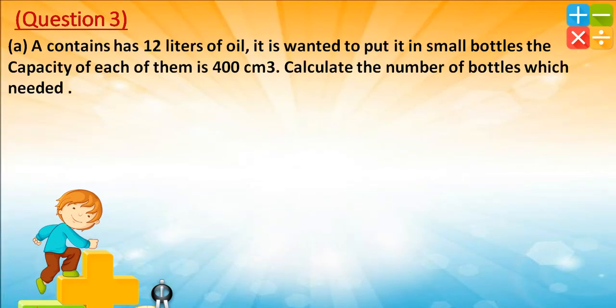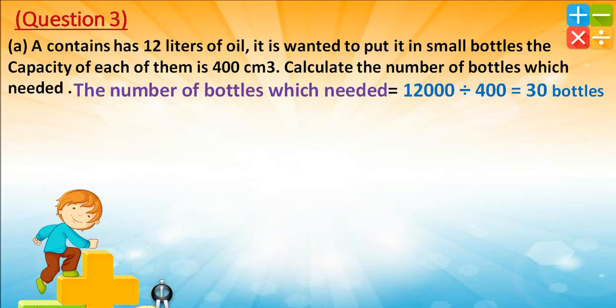Question 3. A container has 12 liters of oil. It's wanted to put it in small bottles. The capacity of each of them is 400 cubic centimeter. Calculate the number of bottles which needed. The number of bottles which needed equals